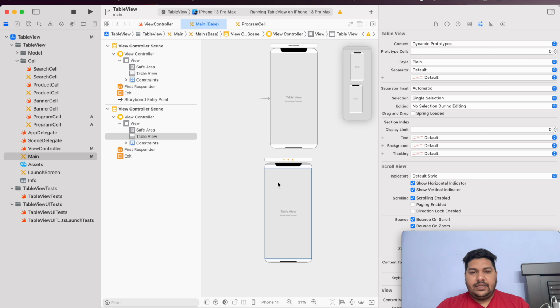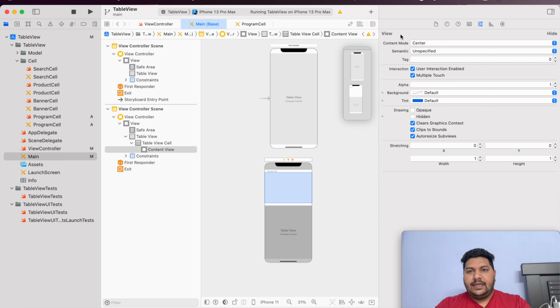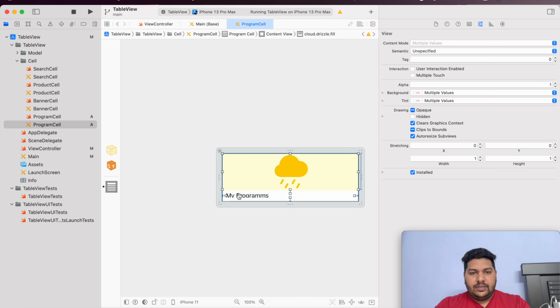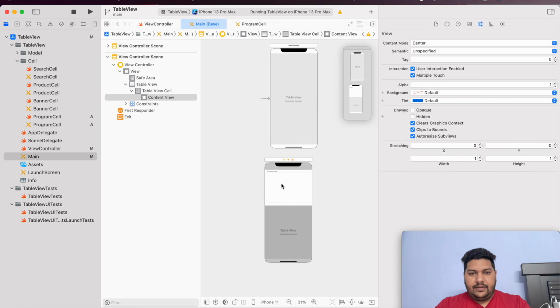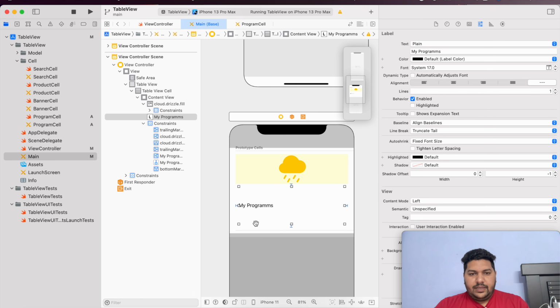If I need to register a cell from the storyboard, then I need to design a view over here. Then we can say cell will be one, that we can say program cell. In program cell I need to design that view, whatever we have designed over here. So both things we need to design in our program cell. Now this is my program cell which I am registering from the storyboard.